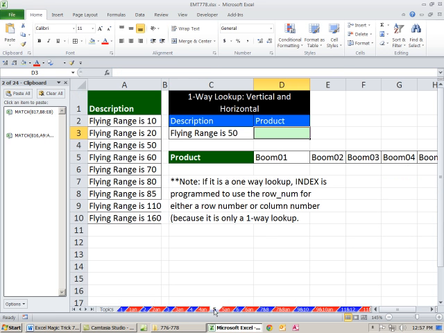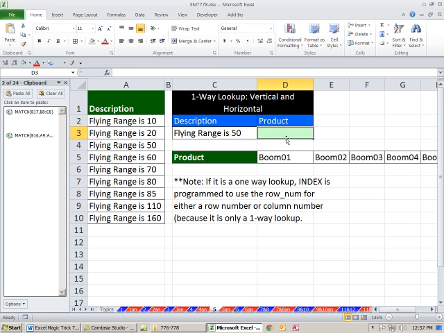Our next example, example 5. This is a rarer occurrence, but it does occur from time to time. Index and match have no problem looking up a value in a vertical range and returning something from a horizontal range. So I'm going to say equals index. Remember, the array here is always the things you want to return. I want to return